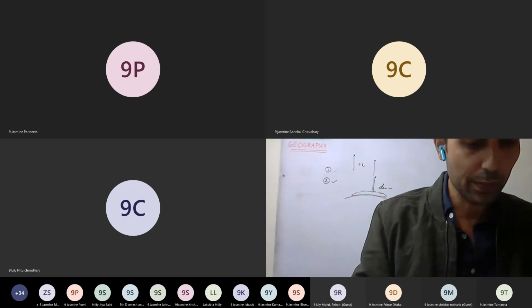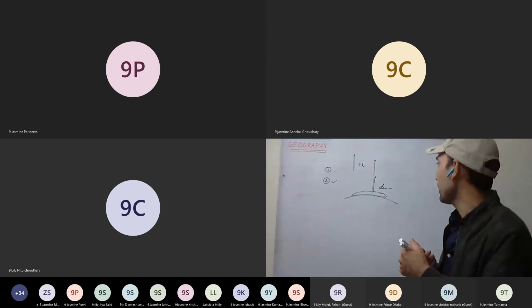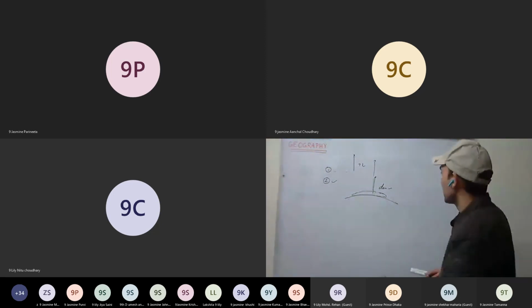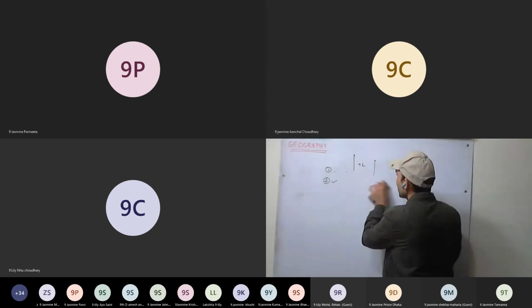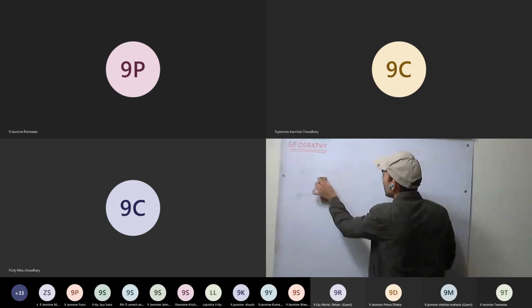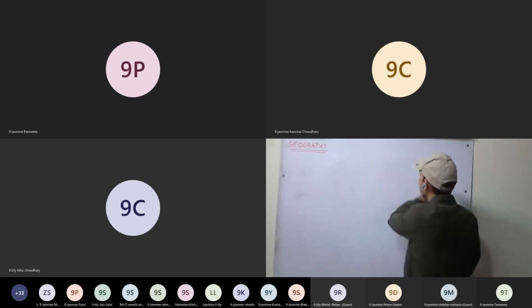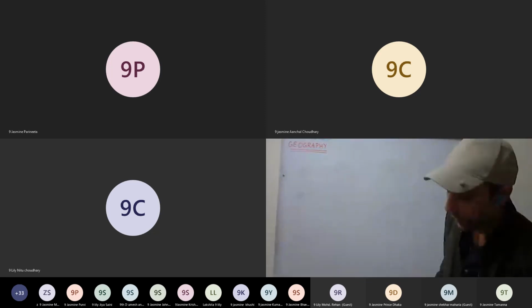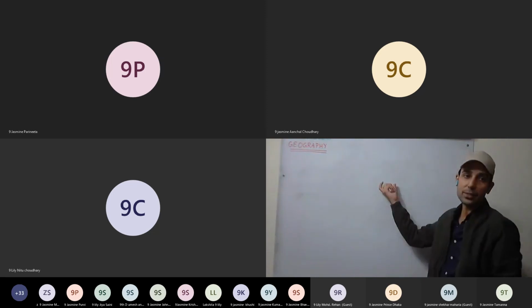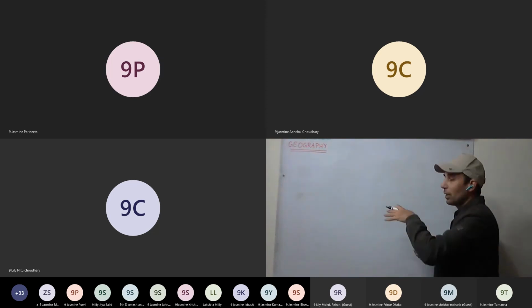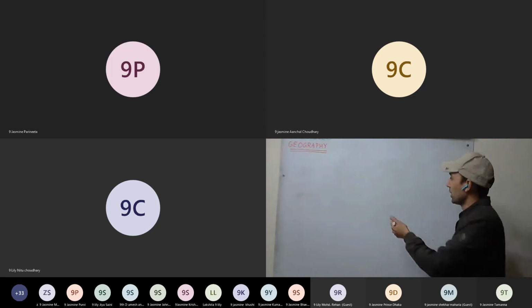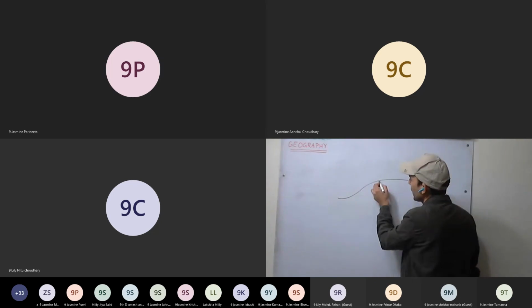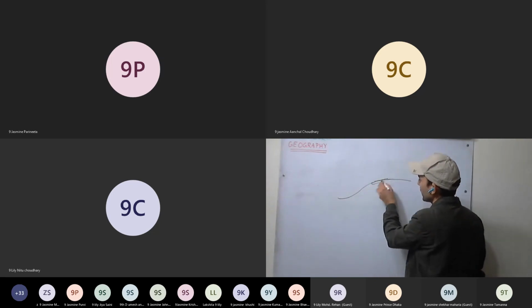Now, what causes equable climate? What do you mean by equable climate? That is very little variation in the temperature. Diurnal and annual variation in temperature is very little. The range of variation in temperature is very little. Mostly the temperature remains nearly equal. So it happens mainly near the sea, in the coastal areas.